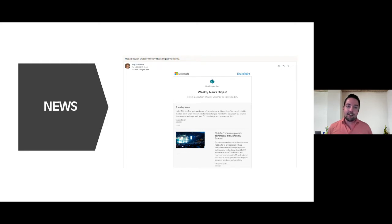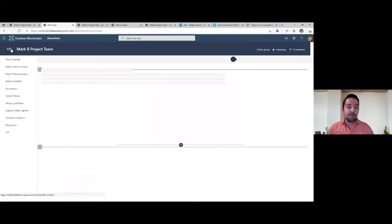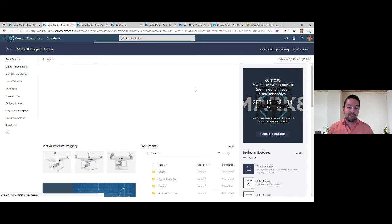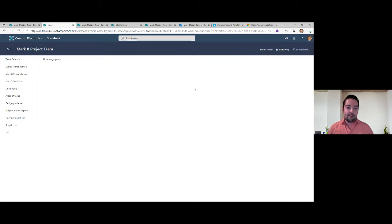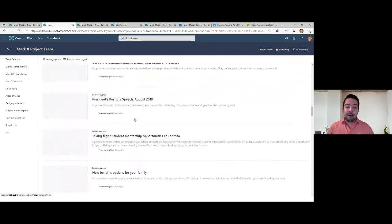So remember, I kind of brushed on audience targeting and making sure we're funneling news to the right people. And you saw the news web part already on that team site. If I go to my home page again, here's my news web part, and you can see we've got news coming from 4 different sites here. Now, if I click See All as a site owner, there we go. Okay, I can see a whole bunch more news going all the way back to who knows